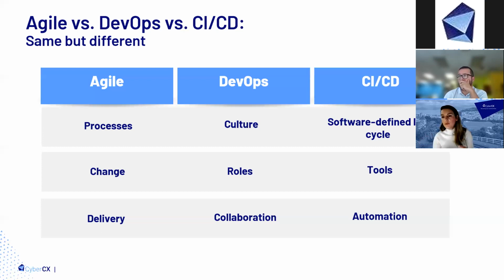But at a very high level, CI/CD pipelines are about software-defined lifecycle. It is about having tools that can help you to implement automation. So automation is key here. And the reason that CI/CD pipelines is so important to the DevOps teams is because it is the engineering practice, or a methodology or method, that can provide DevOps with the agility that they need, right? So you are likely going to be automating some of those repetitive tasks, and then you can have those DevOps teams focus on what matters more, difficult problems to solve.